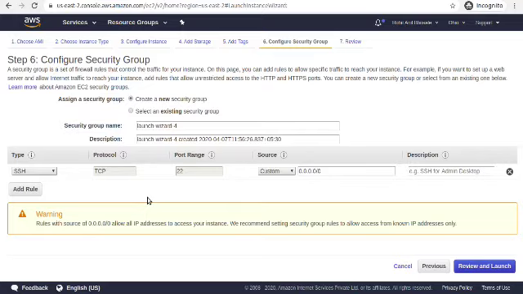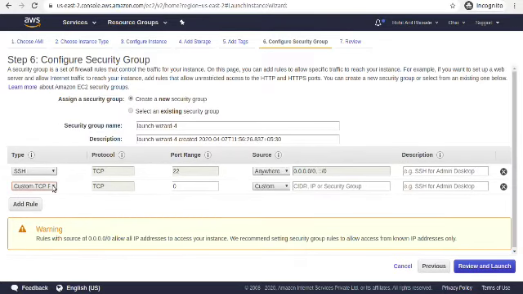Here one rule is already created by default, that is SSH on port 22, and it is custom. Here you can make it anywhere, so SSH can be accessed from anywhere.